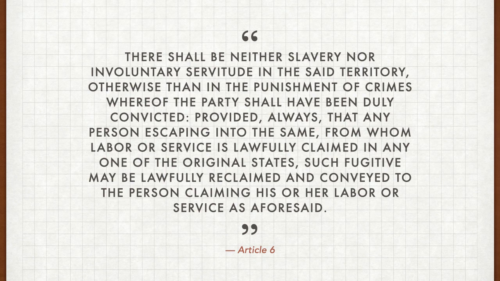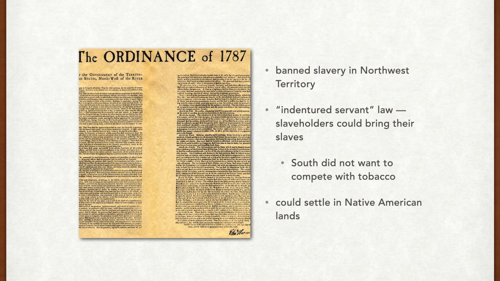However, it did not prevent slave owners from recapturing slaves that ran away there. Okay. So there were concessions. This is the document of the Northwest Ordinance. Obviously, we can't read the text, unless you have a magnifying glass or something. The ordinance not only banned slavery in the new territory, but also had an indentured servant law, which allowed some slave owners to bring slaves under that status. So they sort of kept their slaves if they gave them contracts, right? They could not be bought or sold.